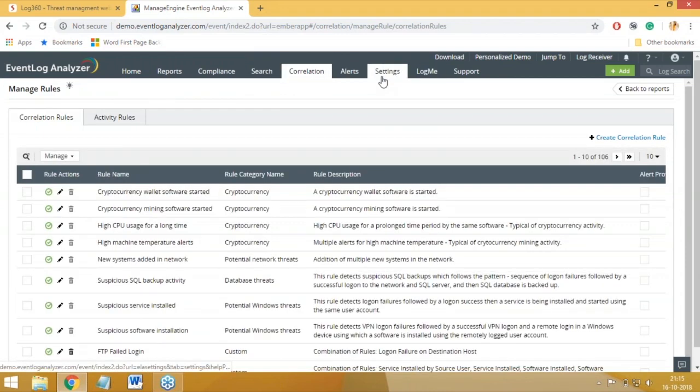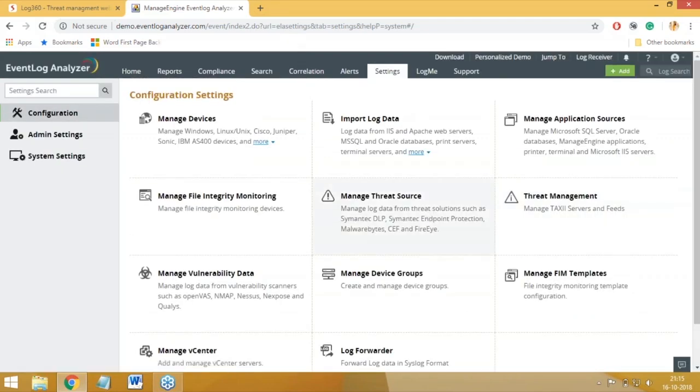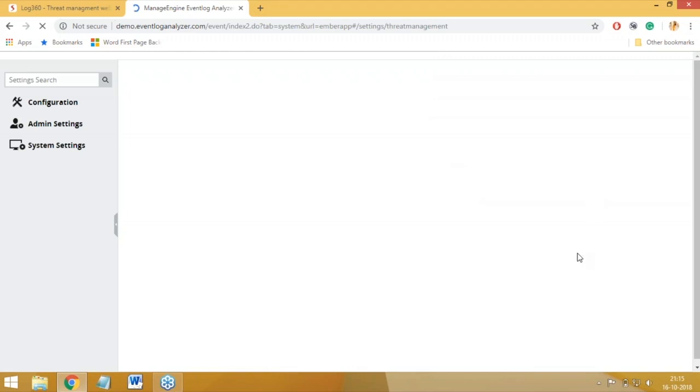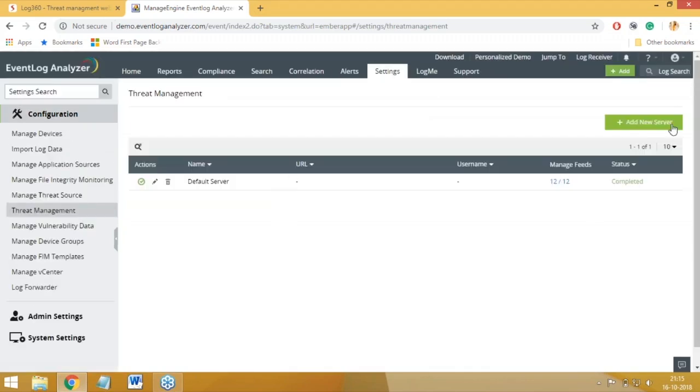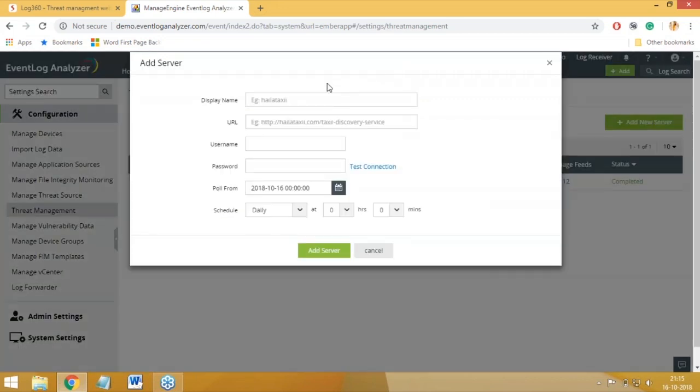So, this is the settings page. Let's say you want to add your own custom STIX and TAXII fields. On the settings page, simply click on threat management, add new server, and that's it. You just have to provide the specific details over here of the threat feed that you're subscribed to, and you can provide a schedule for how often the information is collected from it, and then you just have to click